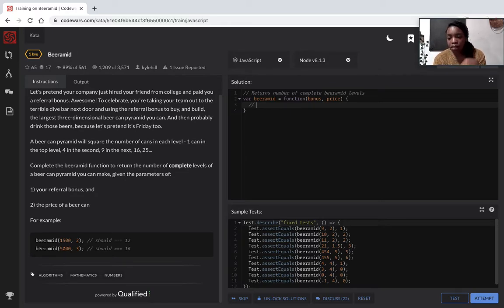I was thinking we need to look at how many cans you can buy with the bonus first. Okay, figure out how many cans you can buy. Cans you can buy with the bonus. And then with that number, we can say,